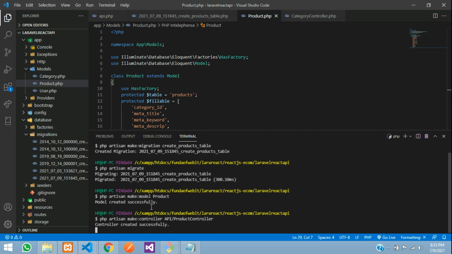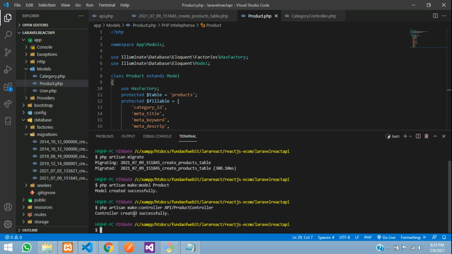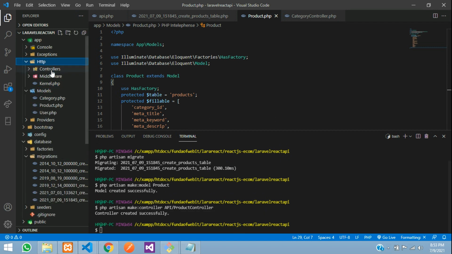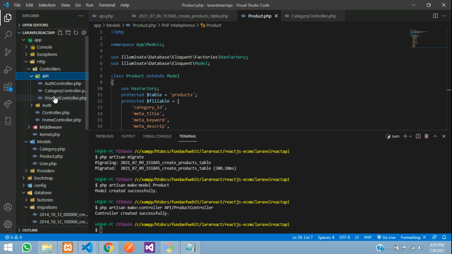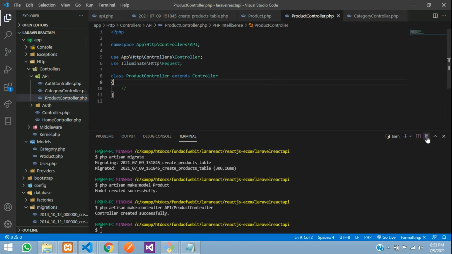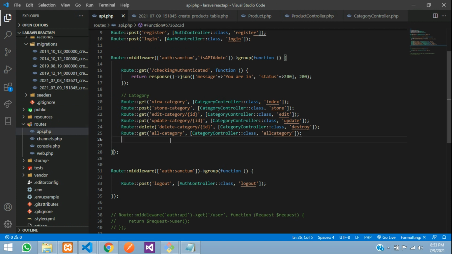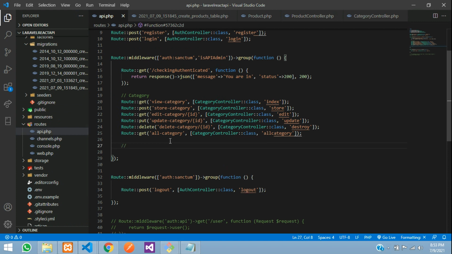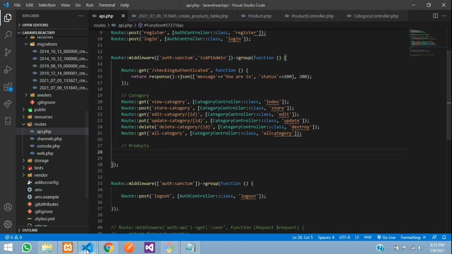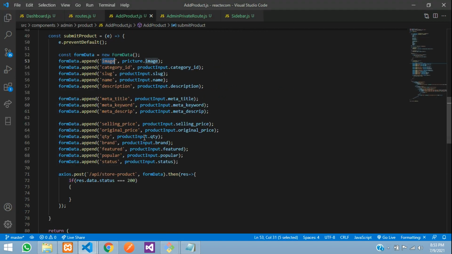Hit enter. So product controller created successfully. Let's go inside HTTP controller API inside that product controller. Fine, guys. Perfect. So now let's create a function and a route. So before creating the function, let's go to api.php and create a route, guys. Let's comment to products and let's go back to our React app,